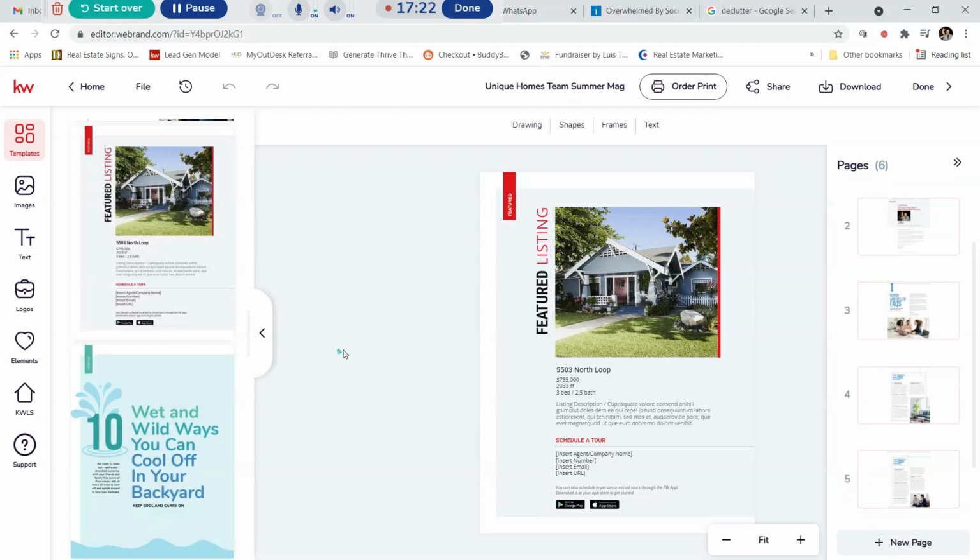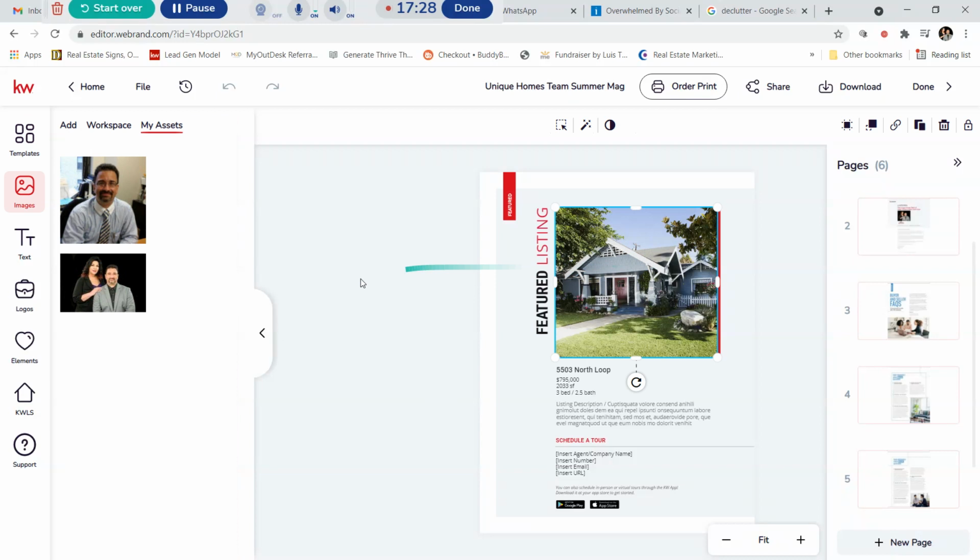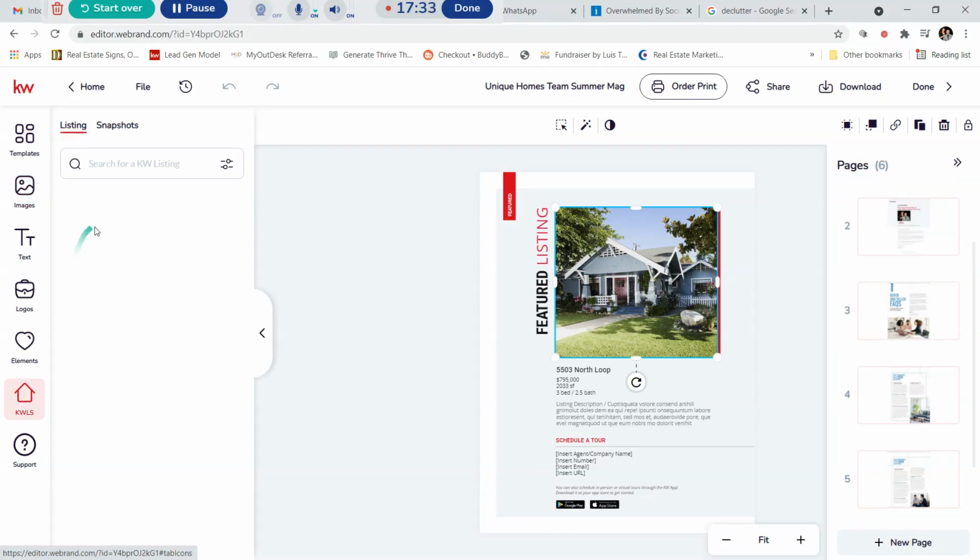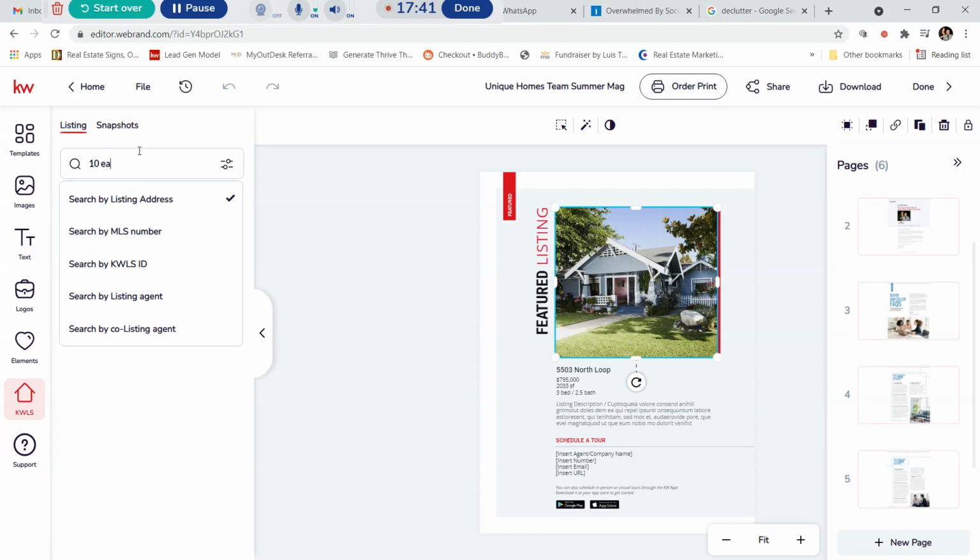But if you have a listing, great. Very simple when you're working in design for listings. Hover over the picture. Go down to the lower left corner, hit KWLS. Does that sound familiar? Okay. Then you're going to go into here and you're going to find the address and try to remember what it's called. Edward Street,